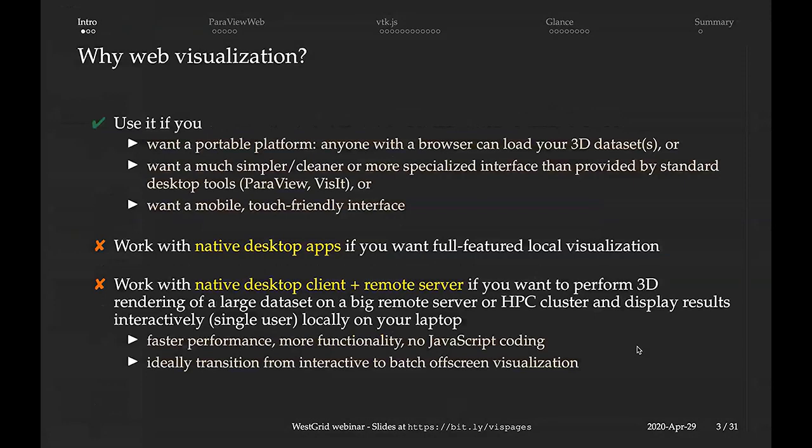Today's webinar is on three-dimensional visualization in a web browser. And why do you want to do visualization in a web browser? Well, there are a number of reasons. Perhaps you want a portable platform. You want anybody in the world with a web browser to load your visualization and explore whatever data set you